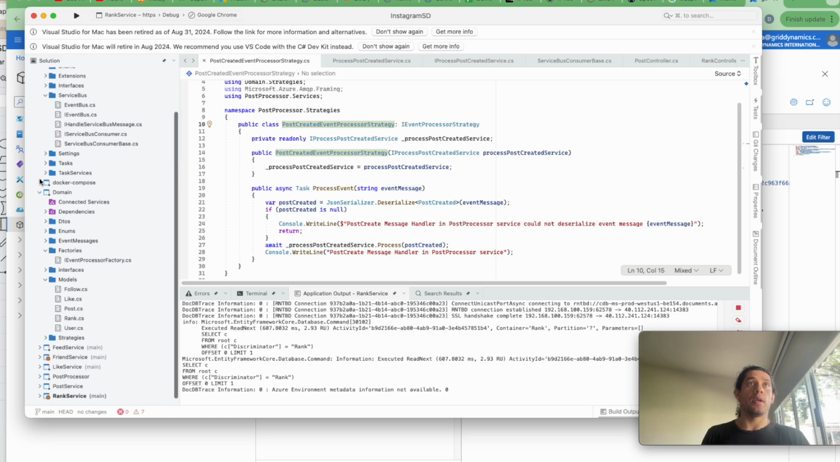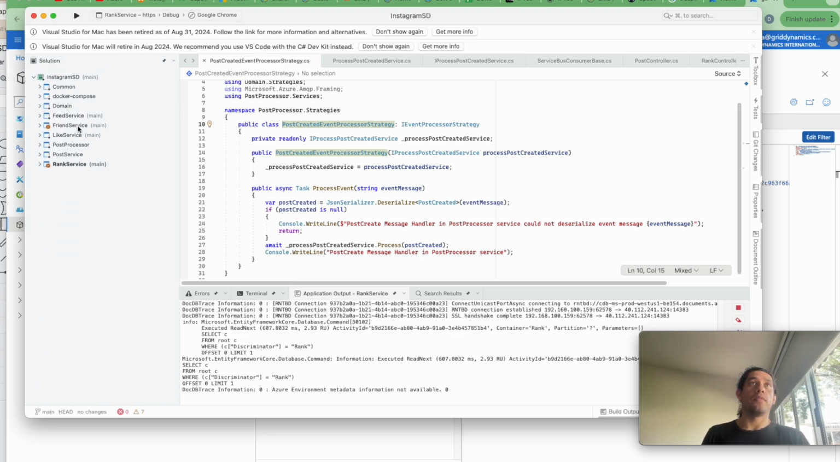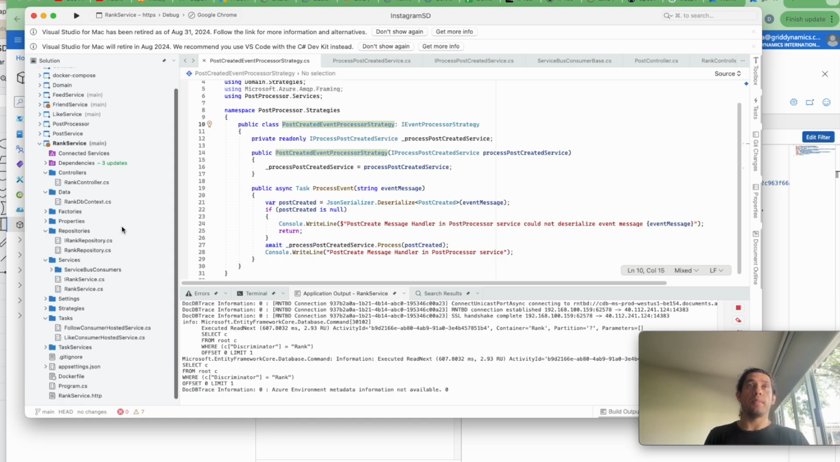And in my code, I have these four services: the feed service, friend service, like service, and post service. I also have here the post processor and the run service. Let's go into the run service, and let me show you that